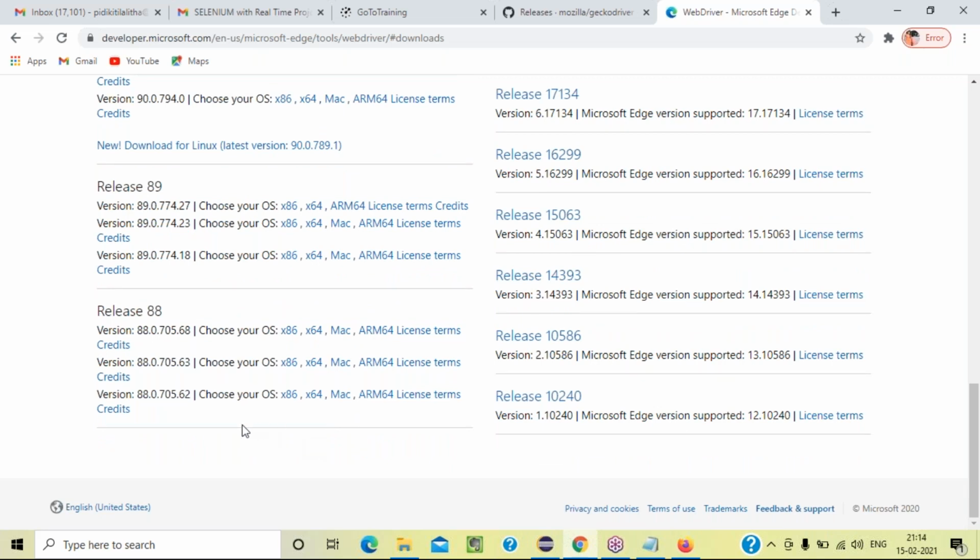Venkat, which one did you take? Take the first one, 64, not 86, 64. Click there. But this is saying Mac. It's not Mac, right? It's Windows only. Mac is a separate one. You can download that one, it's not a big problem.